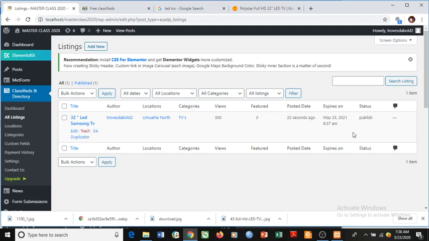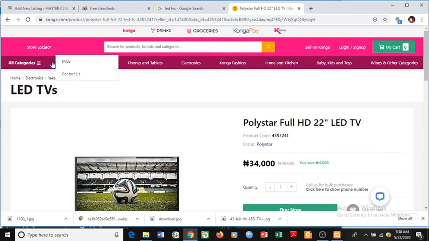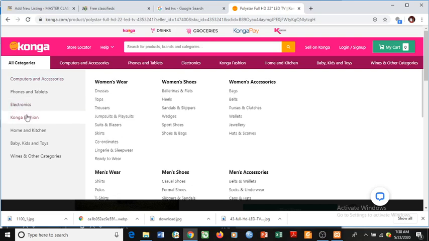So this is where I will change the settings. If the user paid for that listing to be a boosted ad, I will also change it there and make it a boosted ad. I hope you got that. So I've added one listing. Let's add another listing. This time around, we're going to be looking for a fashion material, since we created two categories: fashion